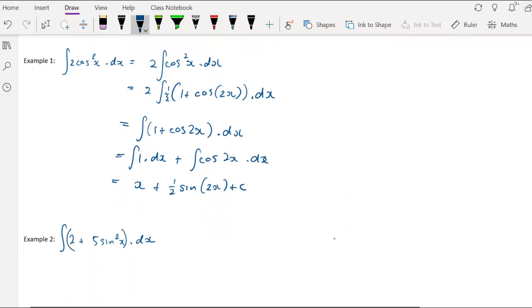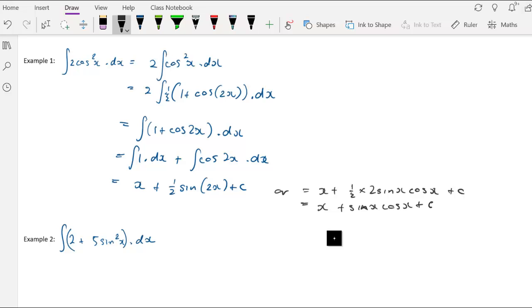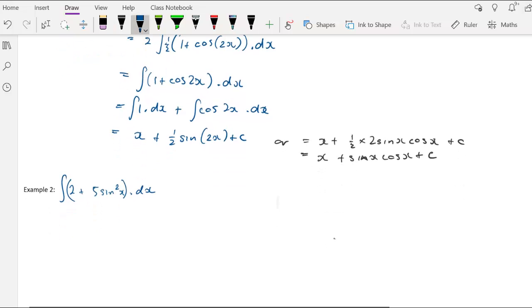Okay, so pretty straightforward. If we wanted to apply the double angle, we could say that was equal to x plus 1 half times 2 sine x cos x, or that is x plus sine x cos x plus c. Okay, so you should see that that's nice and straightforward. In this next example,